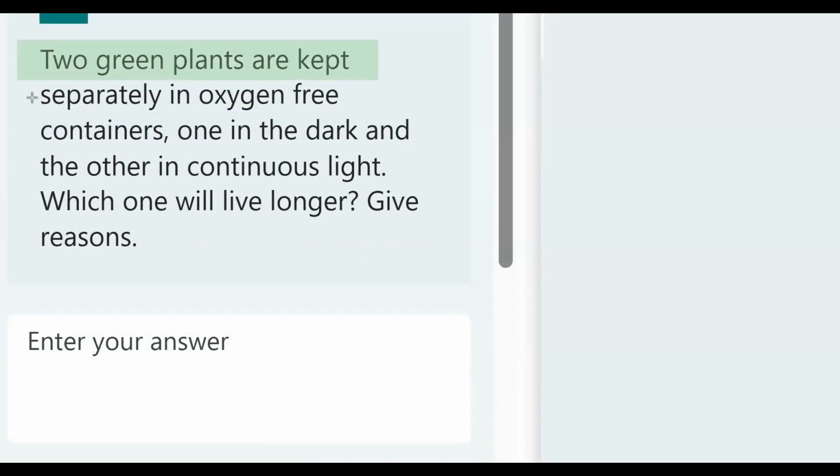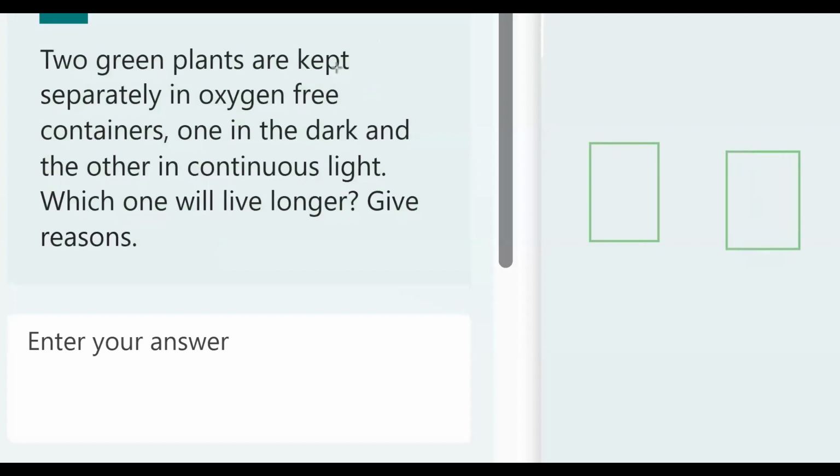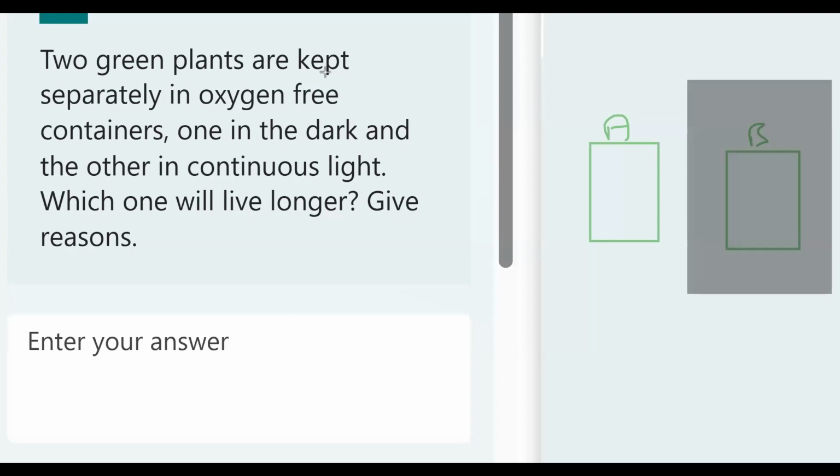In this question, it says two green plants are kept separately, has to be a potted plant, in an oxygen-free container, one in the dark and the other in continuous light. Which will live longer? So let's say if I take two potted plants, plant A is kept in sunlight and B in the dark, right? So what is expected to happen is that the plant which is kept in light